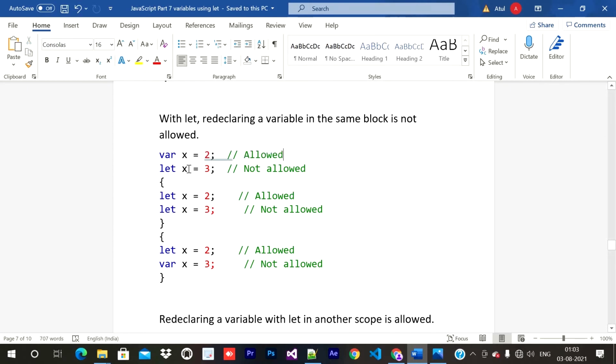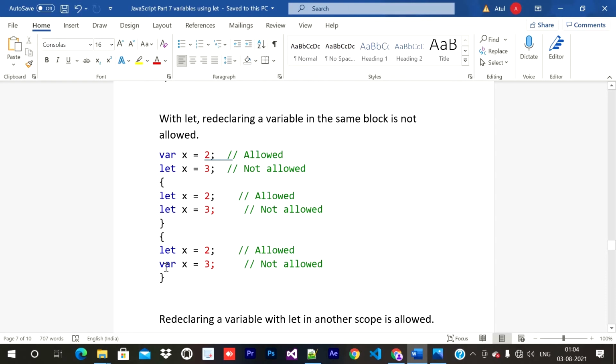Now after that, if you see here in the curly bracket, let x equal 3 is allowed. Within the scope we can declare a variable with the same name as the one above. So here you can see let x equal to 2 is allowed absolutely. But now if we write another with the same variable within that scope, that will not be allowed.